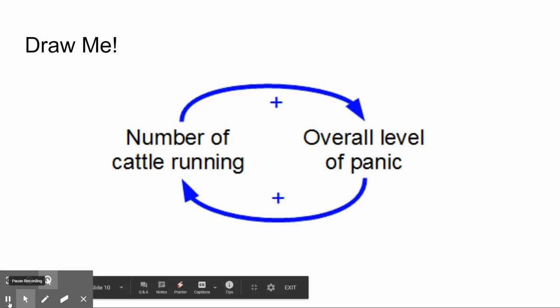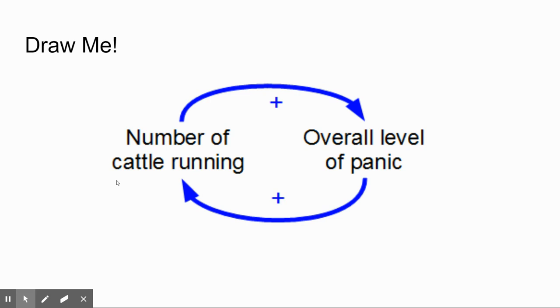This is just another example. Another example of a positive feedback would be a positive feedback cycle for anxiety, which gets more into the psychology side of things. For example, you observing a number of cattle running towards you, you have a certain overall level of panic, and that panic increases as you observe that there's more and more cows running towards you. This could be with any kind of disastrous event that would increase anxiety over time, where it just increases, increases, increases.